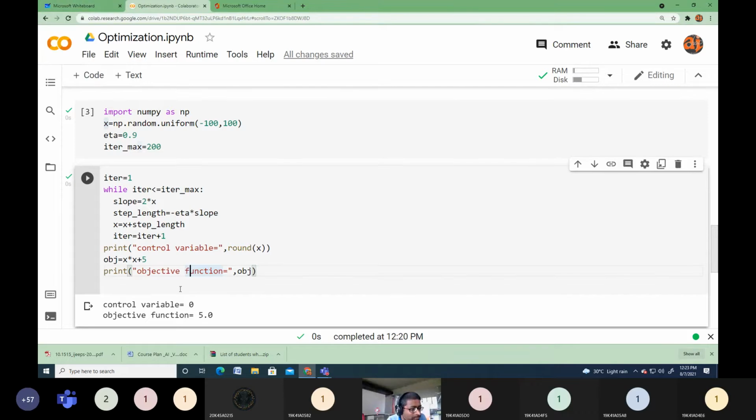Maybe it looks very simple, but it is very essential for your machine learning model training. How these are helpful while training your machine learning models, we are going to discuss after 1 or 2 classes. First of all, try to understand the gradient descent algorithm with respect to very small problems.